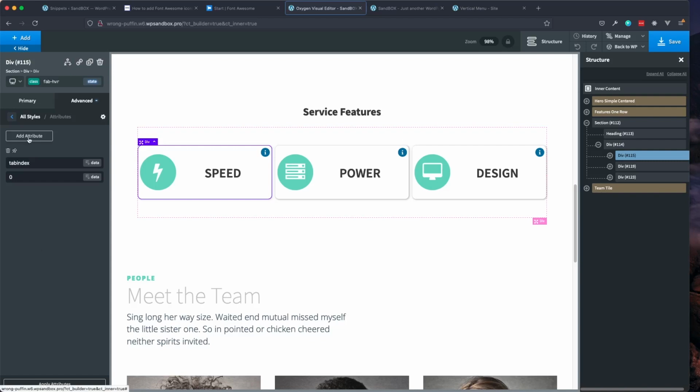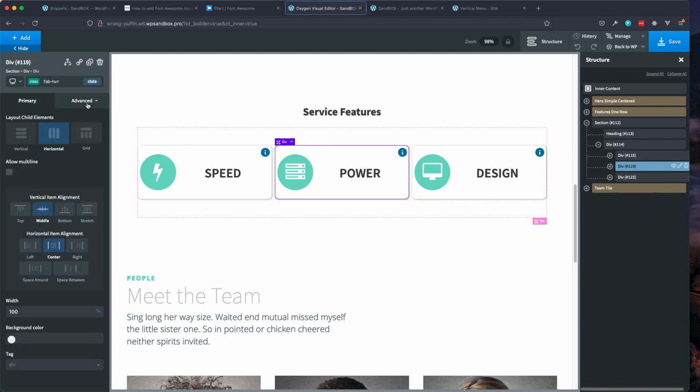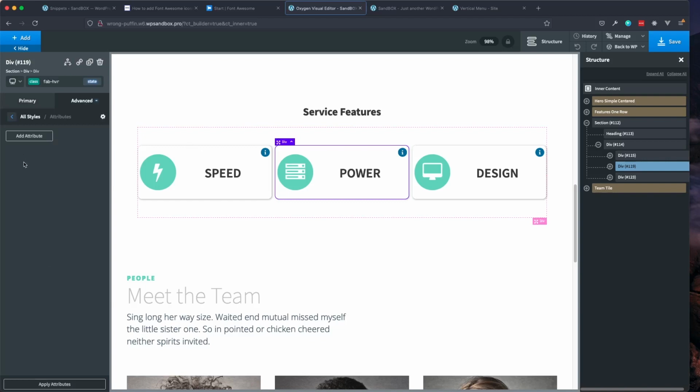And I think what we'll do is probably add our other ones here in a moment. I will do one more here, which is going to be our aria label. And that we just set our name to aria label. And our value, I'm going to set it to each of the titles that we have. So in this case, speed for my first one. And we'll do power and then design for the third. There's going to be 2 more that I add, but we're going to come back to those in a little bit here. So I'm going to click apply, jump over to my next one, advanced, attributes,